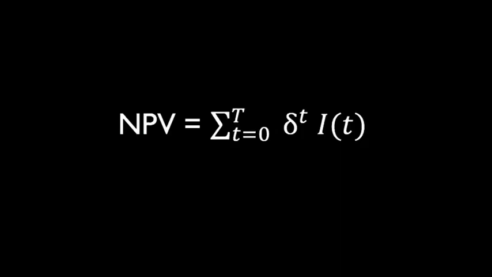On the screen right now is the equation for net present value. And first of all, as you can see, it has delta in it. Delta is going to be bounded by 0 and 1. That means that on one end of the spectrum, you're going to have people with deltas that equal 0. A person like that has absolutely no patience for money at all. Any money that they don't get today is money that is of no value to them.